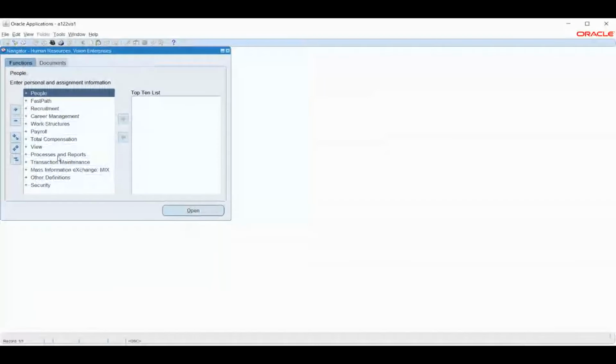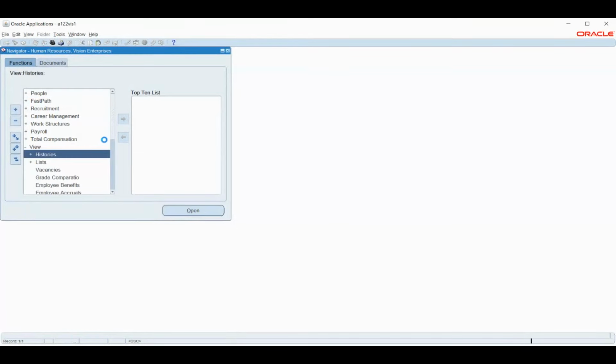Okay, so before that, I'll show where we can check these issues, or where we can check the payroll run process, what is the progress, and the costing information, all that information. Okay, so we have an option to view. Okay, so under this we have two options.